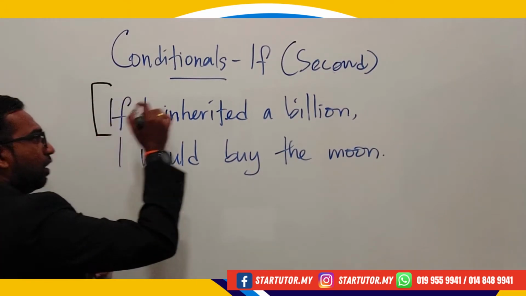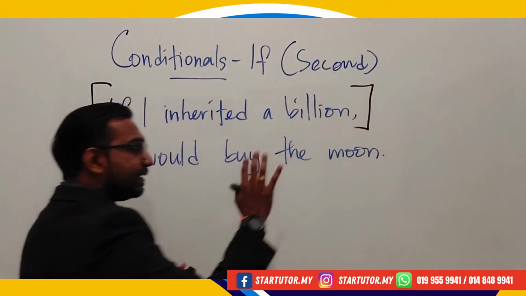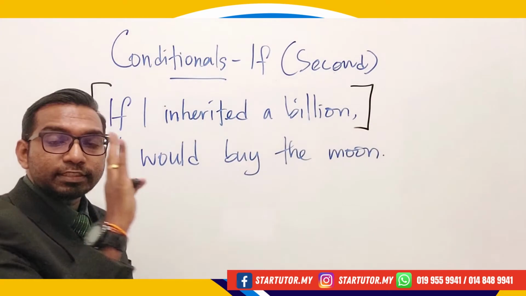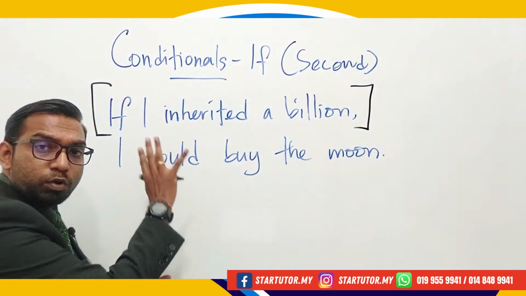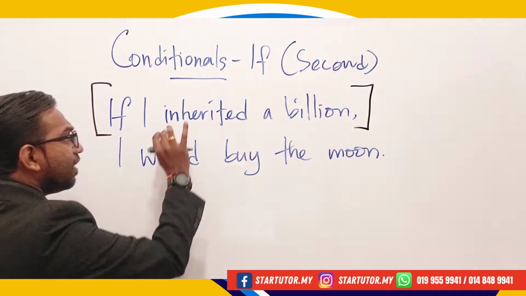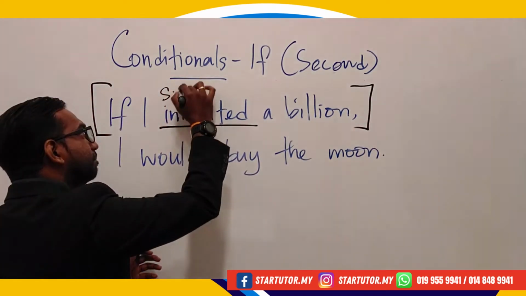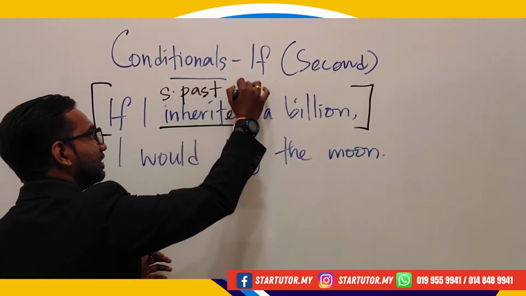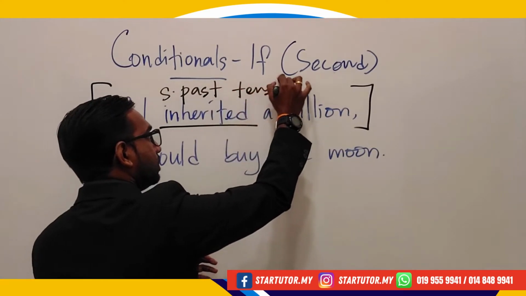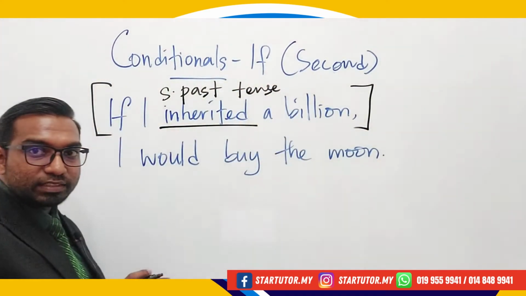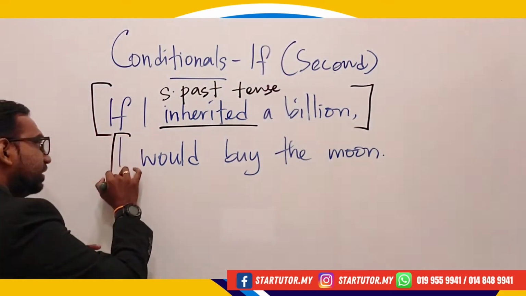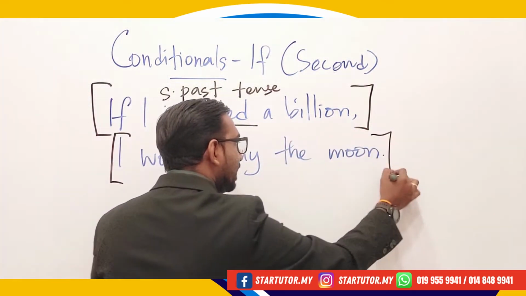For the if clause, unlike zero conditional sentence and first conditional sentence, if you look at second conditional sentence, the verb that we use becomes simple past tense. Whereas the main clause,